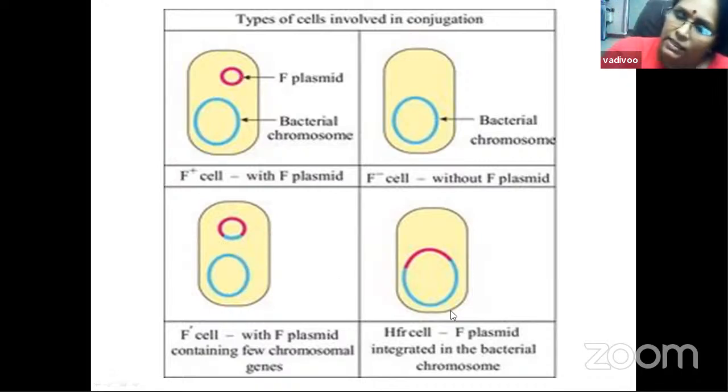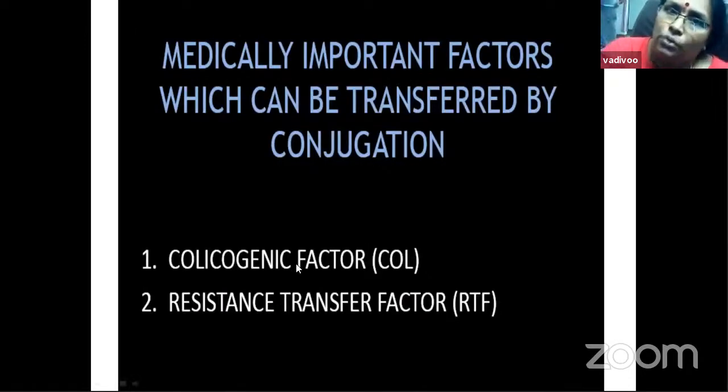And then HFR cells mean when the F plasmid integrates with the bacterial chromosome. These are the different types of cells: F plus cells, F minus cells, F prime cells, HFR cells. So medically important factors can be transferred by conjugation, like polysygenic,